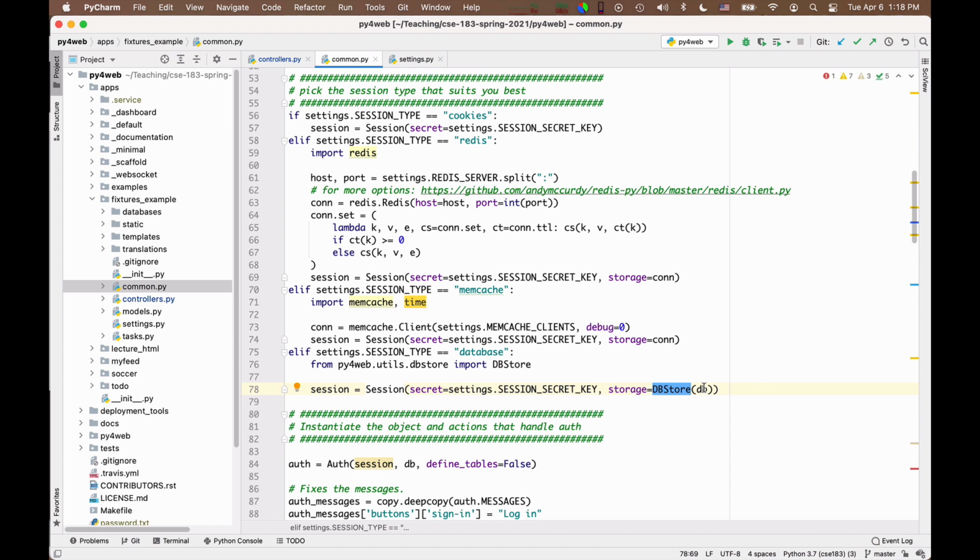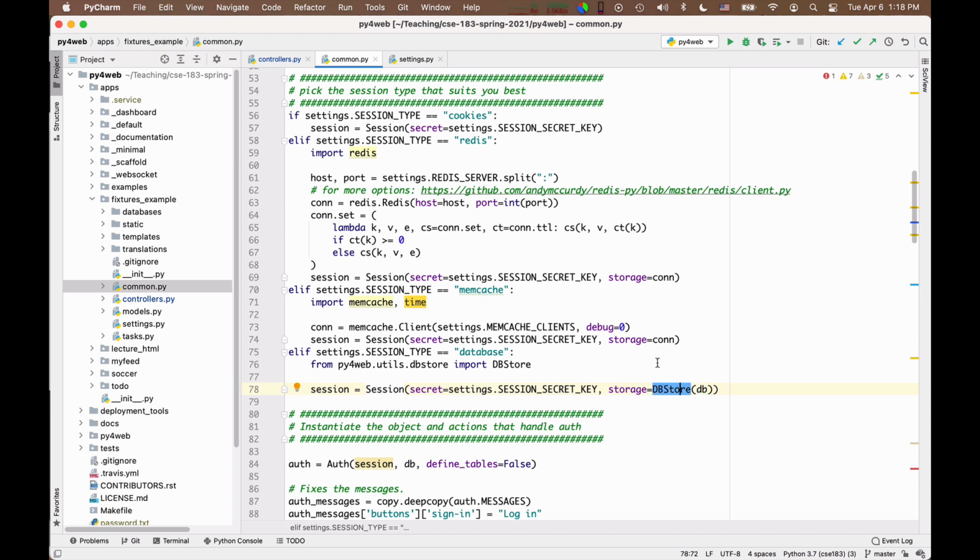and then you give it a DB store that is built on top of the database. Essentially, the database gives you the ability to store the session, and this DB store is an object that only has 2 methods, one to read the session out and the other one to store it back. So if you want to use your own crazy type of database, you could build a DB store object around your own crazy type of database if you didn't like the DB object for some reason.